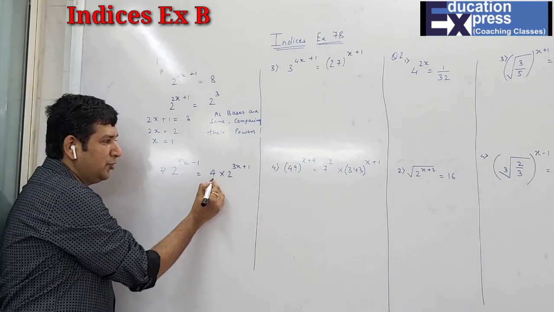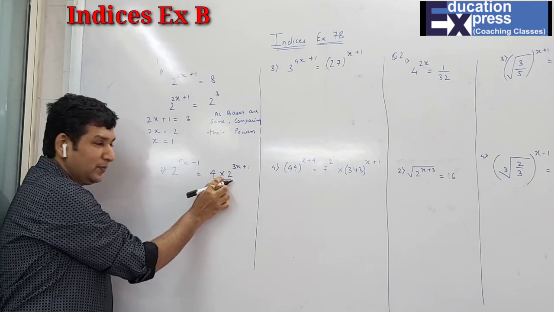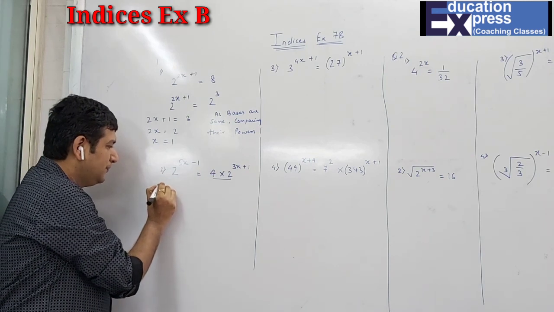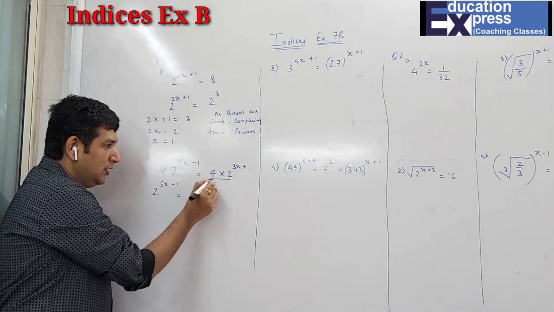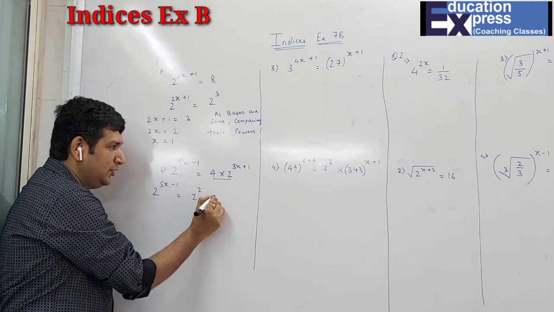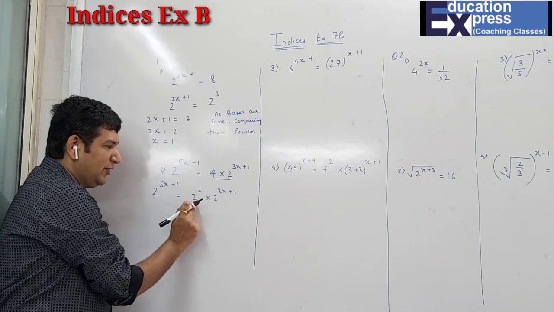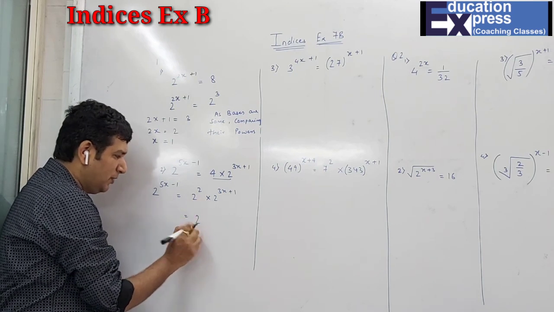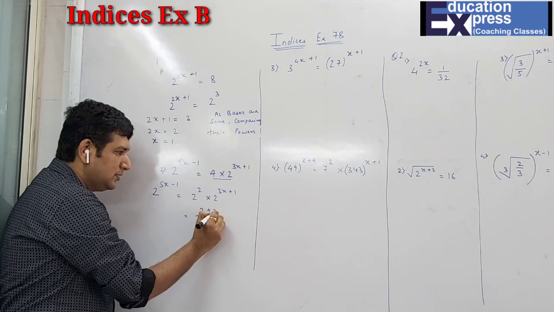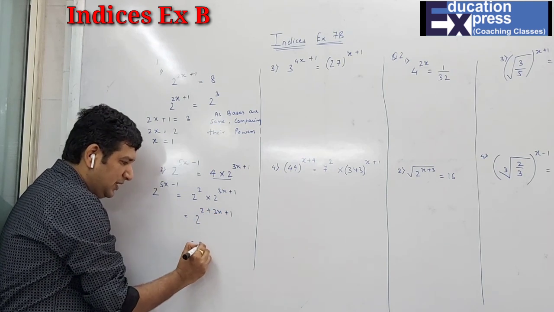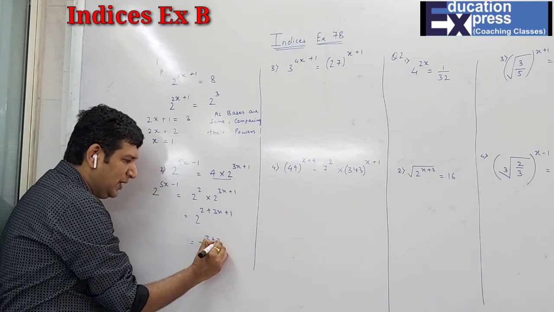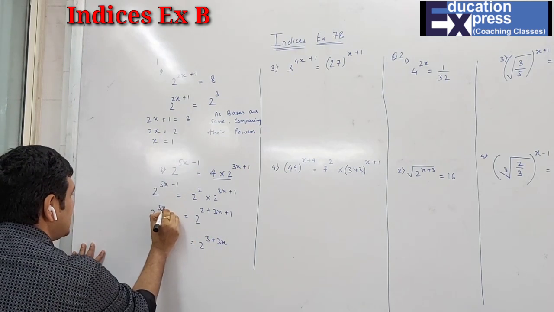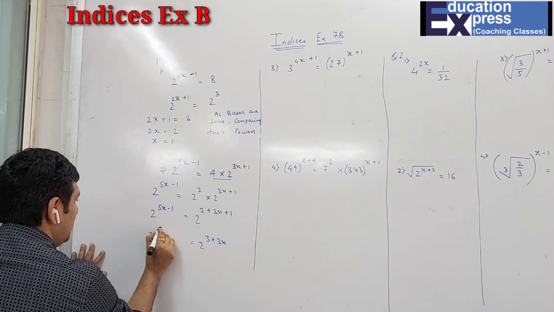Here obviously this is the monomial because there is a multiplication sign. So again I get everything as the same common base. Here we have 2 raised to 5x minus 1. 4 is nothing but 2 square into 2 raised to 3x plus 1. If I go to see this side, there is multiplication sign, same base. So obviously taking a common base, I'll add the powers and I'll get 3 plus 3x. And here is 2 raised to 5x minus 1.